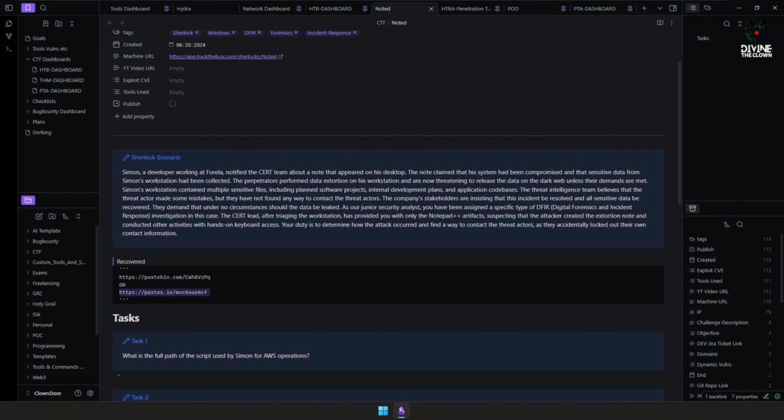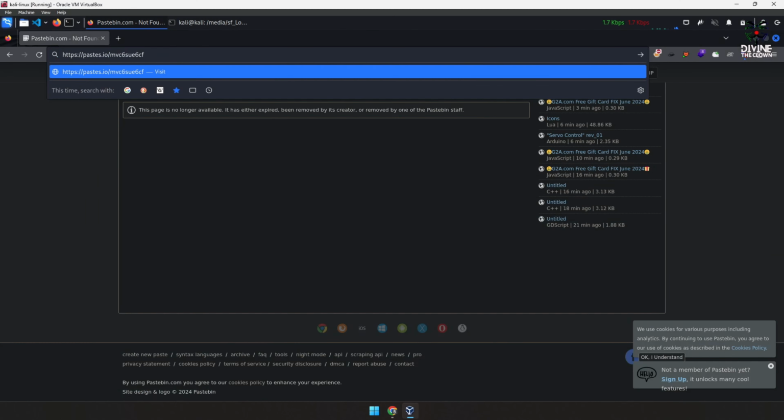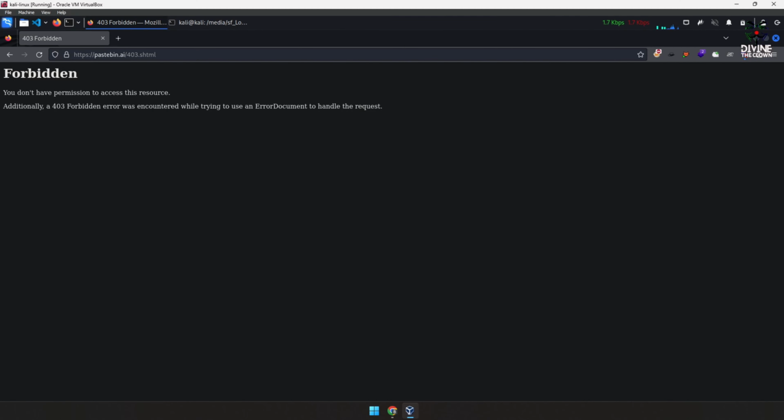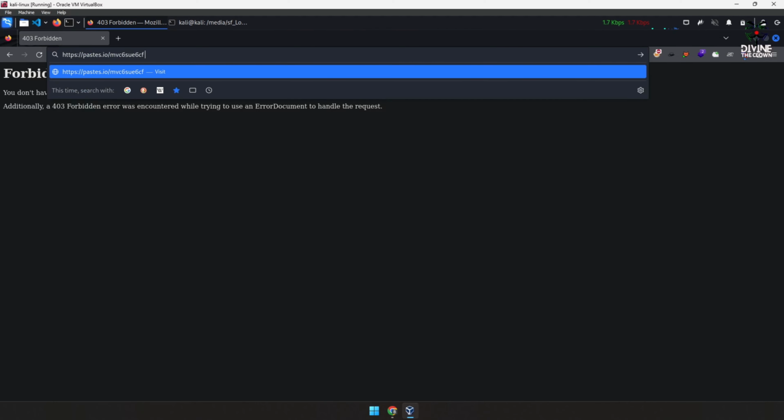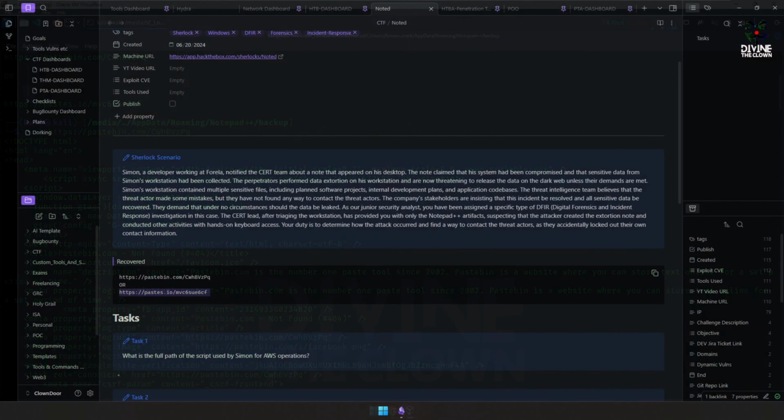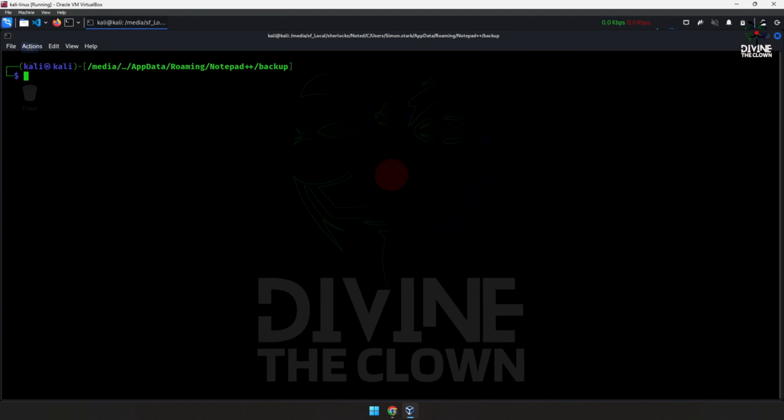Let's try the second one. The first one is bin.com and the second one is paste.io. Let's see what this has. It says you don't have permission to access this, so additionally a 403 forbidden error. Either it is something that Hack The Box patched, or it is just a waste of time place. Okay, so though we have recovered these two URLs, these are not working, so we can clear this and let's